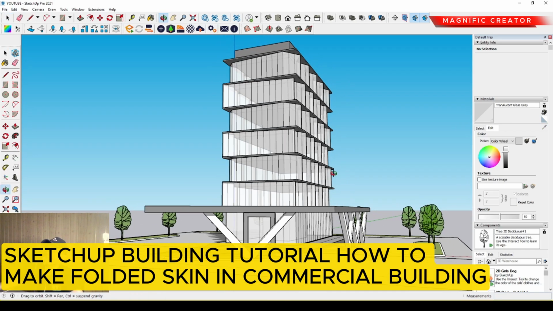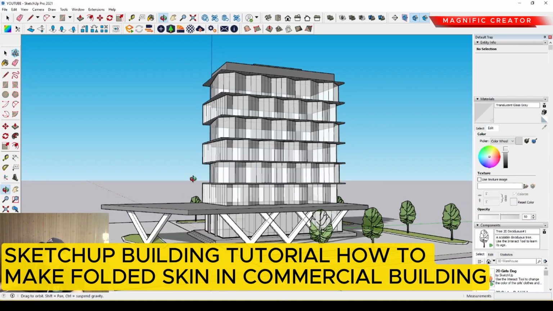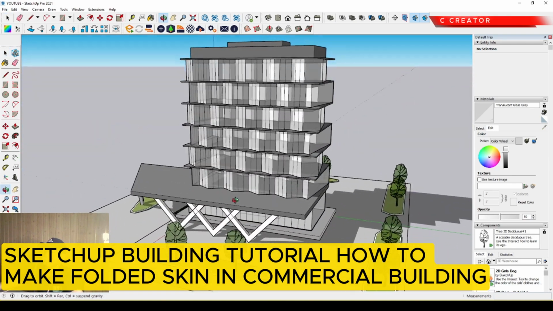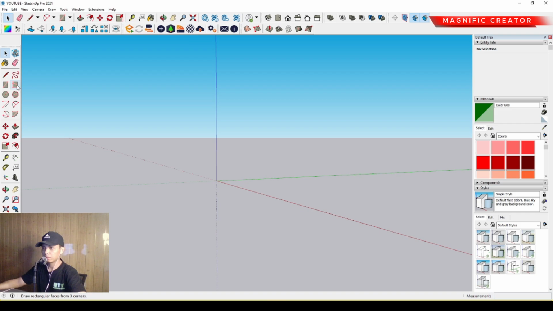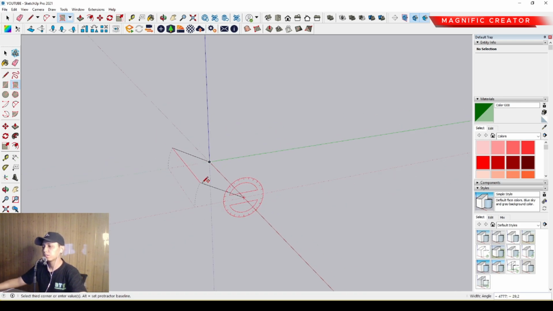Hey everyone, in this video I'm going to explain to all of you how to make a folded skin commercial building. First of all, we have to make a rotated rectangle for the basic shape. Then we can make a dimension. We can start by typing 10,000 millimeter or 10 meter,